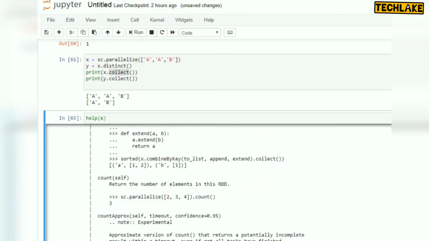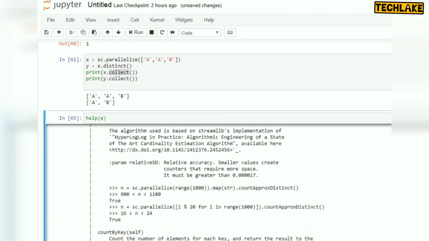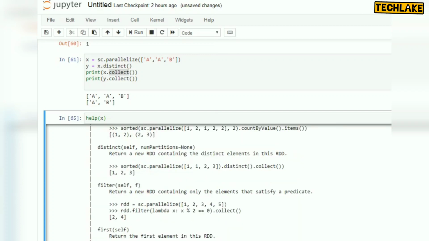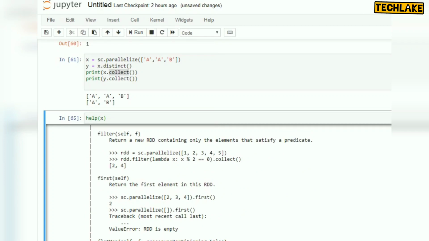If you forgot something, or don't know the syntax or parameters, and want to know the exact syntax and how to use it, for example filter, it shows an RDD created, filter applied, and finally collecting it. So help will give a complete manual, and dir will give all the methods available for that RDD or data frame.